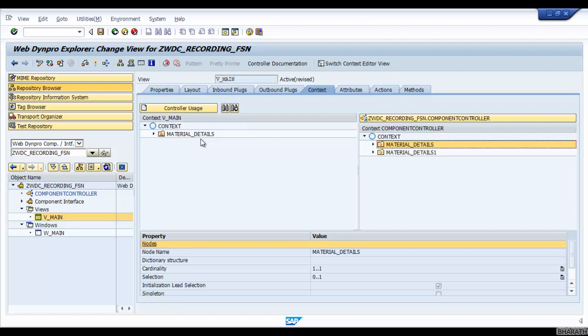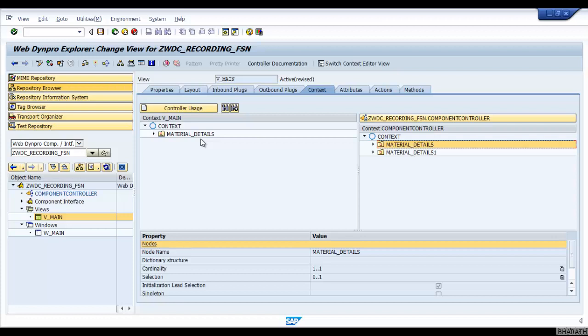I will create the context node in the view controller only. Yes, you can create a context node in the view controller also, but the advantage of creating a context node in the component controller is, in a particular Web Dynpro component, when you have multiple views in one component,